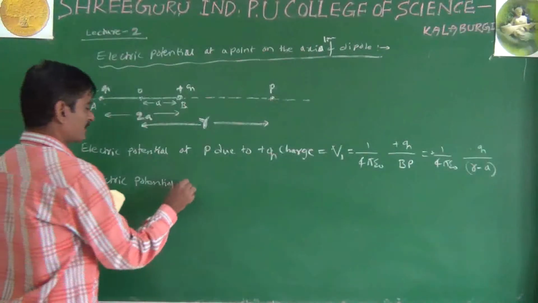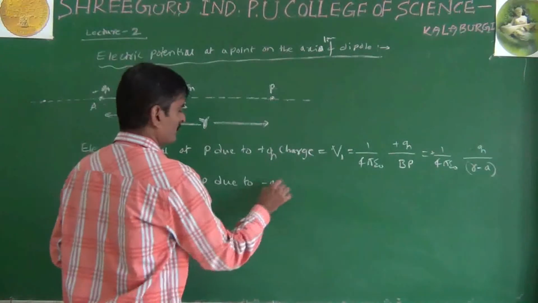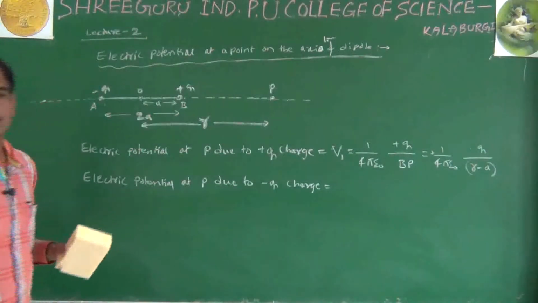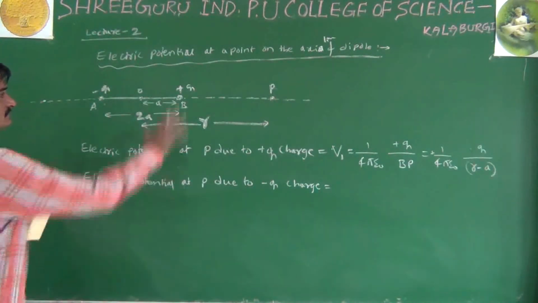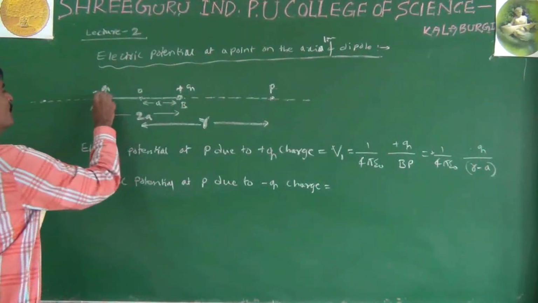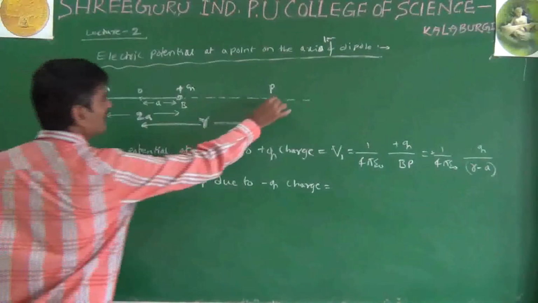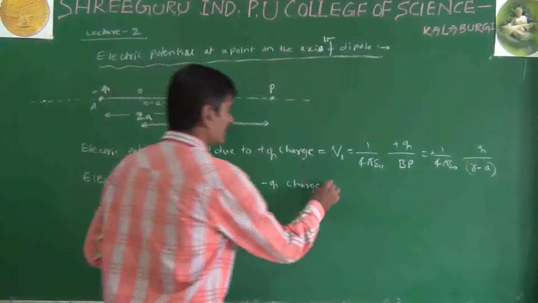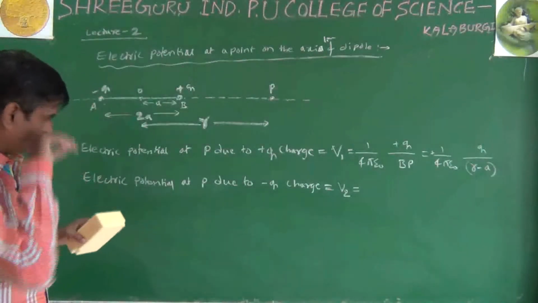Similarly, electric potential at P due to minus Q charge. Now due to minus Q charge you have to write separately. Let us assume that plus Q charge is not there. Only this minus Q charge is there and this point P is here. What is the electric potential at this point due to the minus Q charge? I will write it as V2. So V2 is equal to